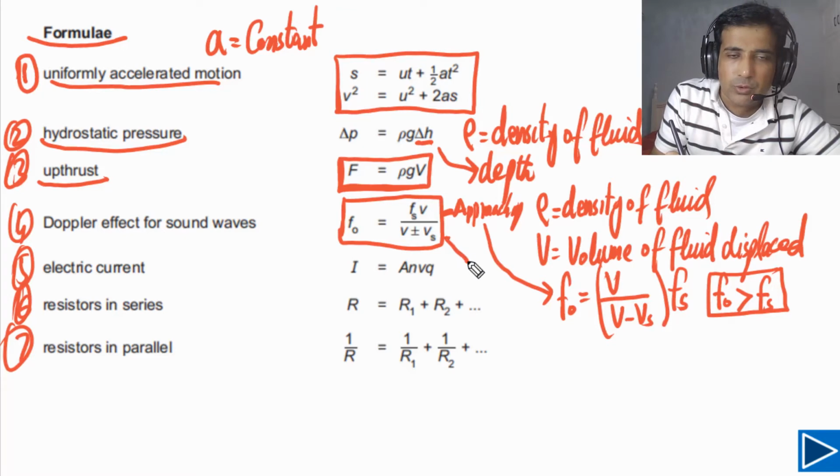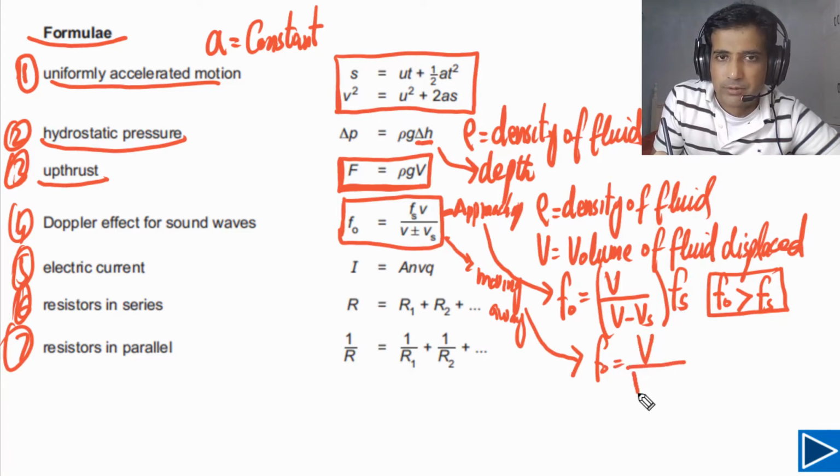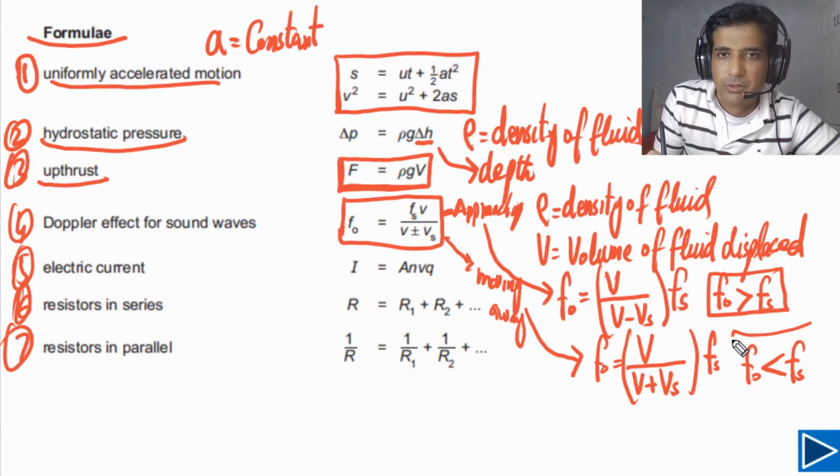And if the source is moving away, let me write down here, because clear understanding of these points is very important. When the source is moving away, observed frequency will be equal to speed of the wave in medium over speed of the wave minus speed of the source. But in this case, this has to be plus. The reason is that when the source is moving away, observed frequency has to be smaller, meaning the observed frequency will be smaller than frequency of the source, meaning the frequency of the sound produced by source.